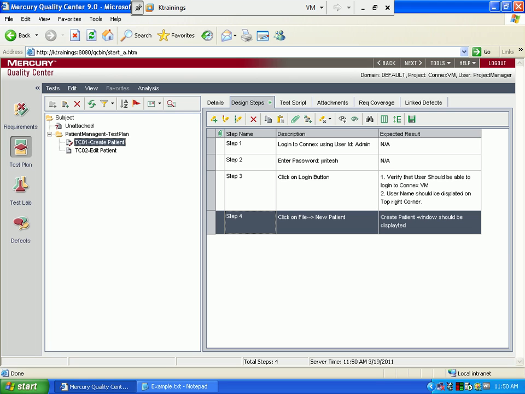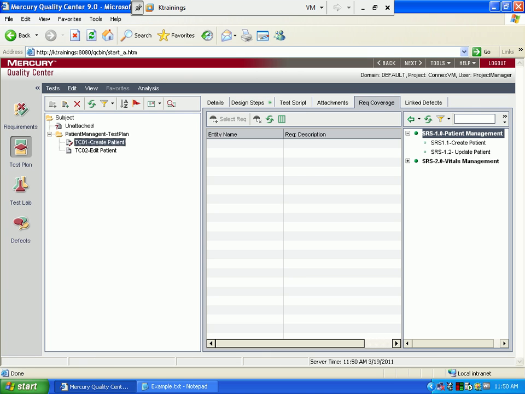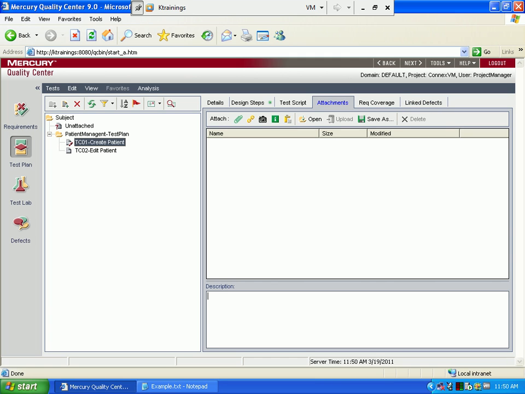Yes. It has requirement coverage. Select a requirement. Which requirement are we mapping in the patient? You see now? So now we can map it here to the SRS. Which SRS did we map now? And if you have to attach some screenshot or some test file or Excel sheet,